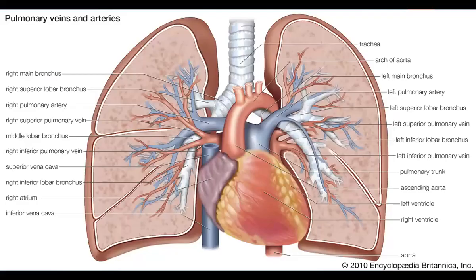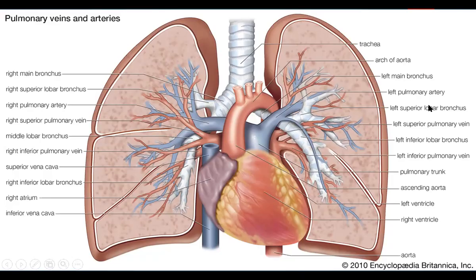Okay, so if you see in this picture, even though these are shown in red color, these are the pulmonary veins. This is the right pulmonary vein, right superior and right inferior, and here this is the left superior and the left inferior pulmonary vein. There are four pulmonary veins, superior and inferior on the right side, superior and inferior on the left side. Even though they are called veins, they are carrying the oxygenated blood from the lungs back into the left atrium. That's why they are shown in red color, even though they are called veins.